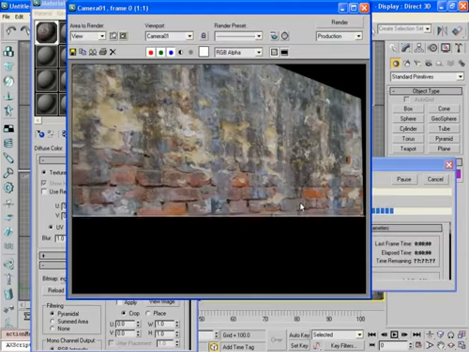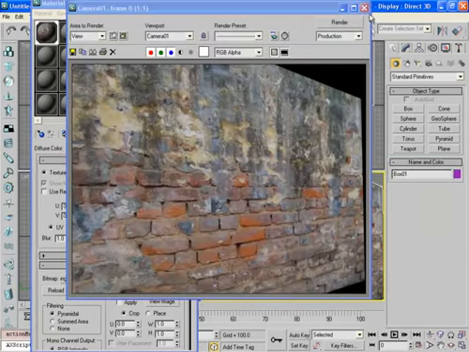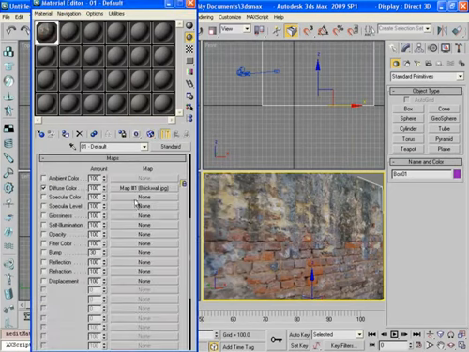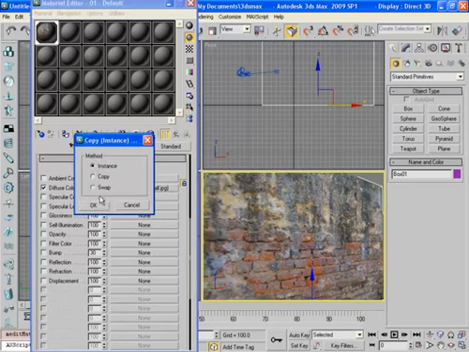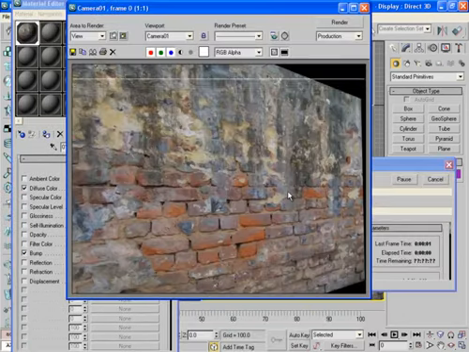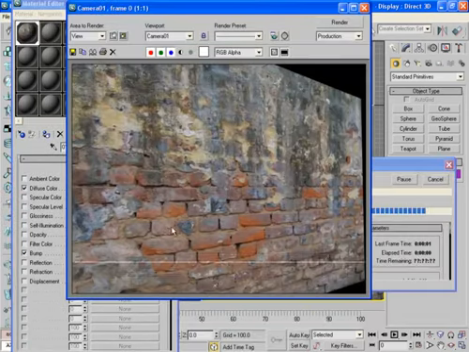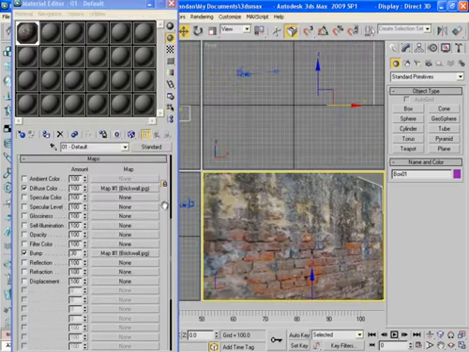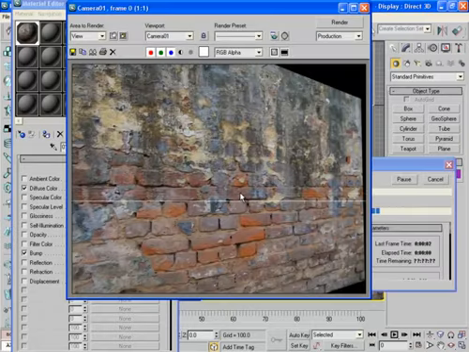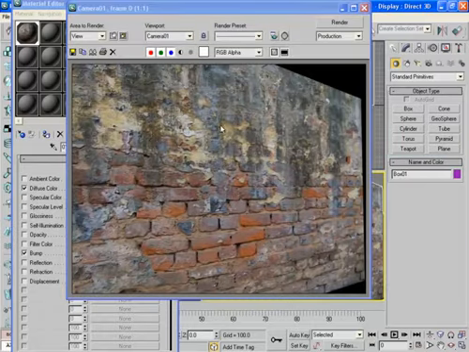If you render the scene, you will find something like this. Let's add some bump in this texture. So drag the same diffuse texture to the bump channel also as instance. Now if you render the scene, you will find some bump in the wall texture. Let's increase the bump value a bit. 60 will do. And now you can see more bump in the texture.